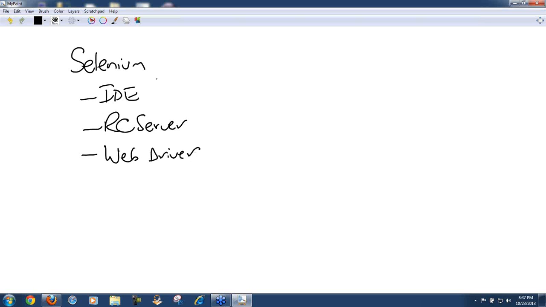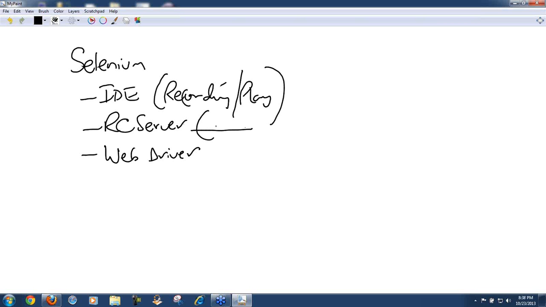Now, the IDE is used only for record and play or run purposes, right? Recording. And RC Server is kind of deprecated. Deprecated means it's no longer being encouraged to use. So you would say, if it is deprecated and not being used, why are you even spending time teaching that? Well, the reason for that is